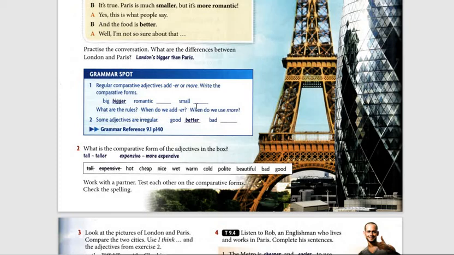But if we want to derive comparative adjectives from the adjectives that are composed of two syllables or more than two syllables, how can we make comparative adjectives? Yes, the answer will be to put more before the adjectives that consist of two or more syllables, like romantic, more romantic, dangerous, more dangerous, famous, more famous.